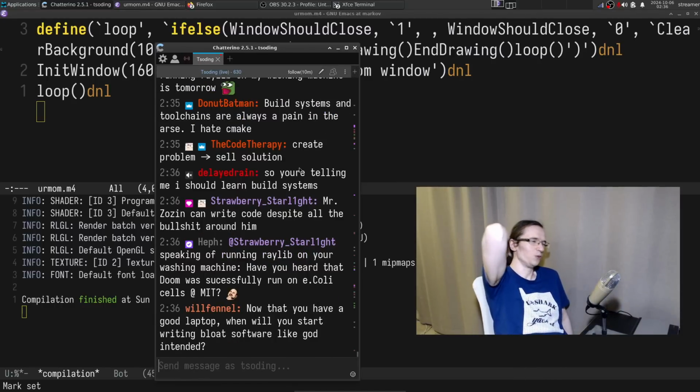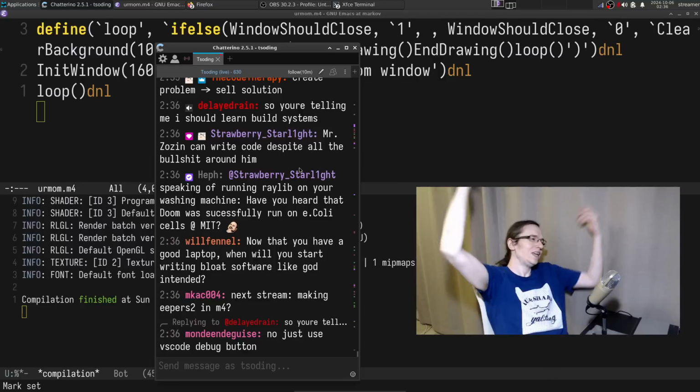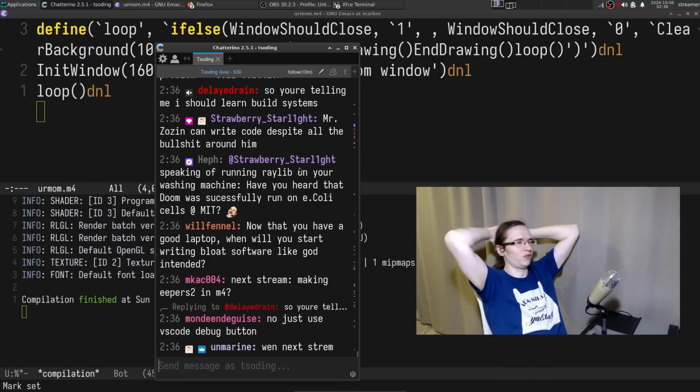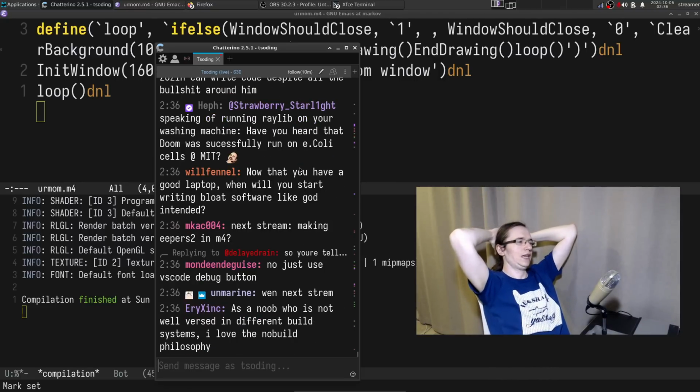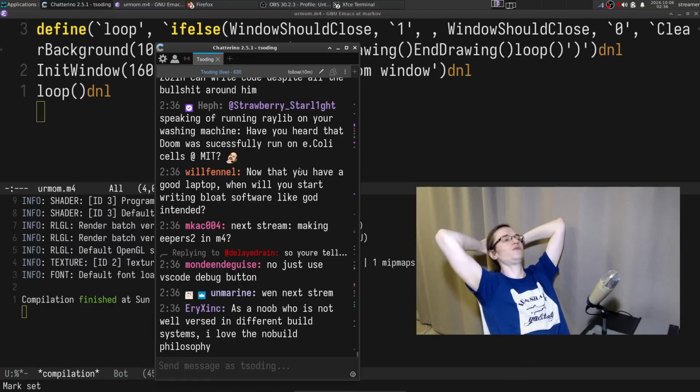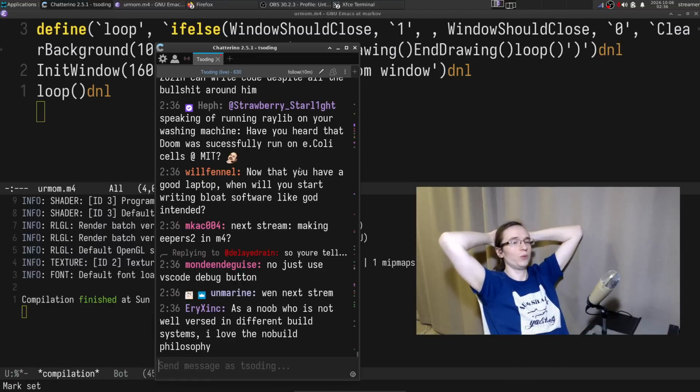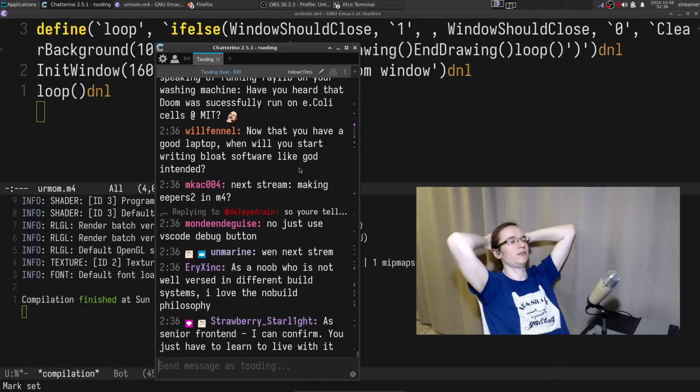Mr. can write code despite all the bullshit around him. That's kind of the point of a professional software developer, honestly. Any person who works as a professional software developer, it's their job to get the shit done despite all the bullshit. It's constant fighting through the bullshit, and this is why we're paid so much. This is literally the reason we're paid so much, because nobody except us wants to do that, because it's unpleasant.